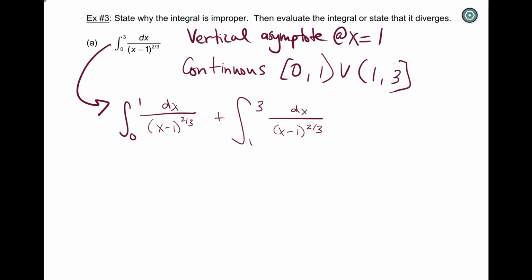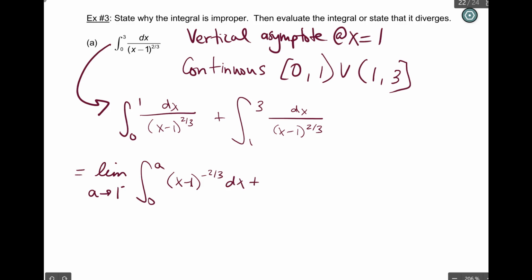So what we're going to do is take a limit as a approaches 1 from the left side. So this is 0 to 1. As I get closer and closer to 1 from the negative side, the limit as a approaches 1 from the negative side of the integral from 0 to a of (x minus 1) to the negative 2/3 power dx